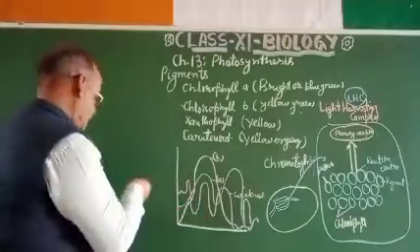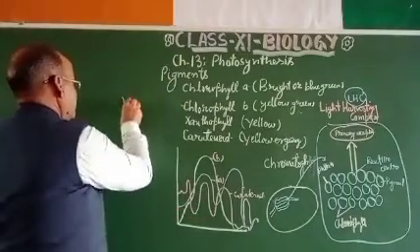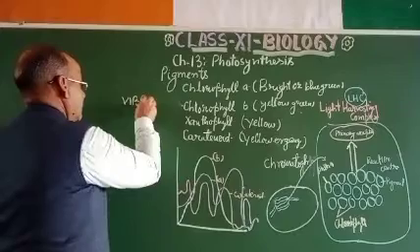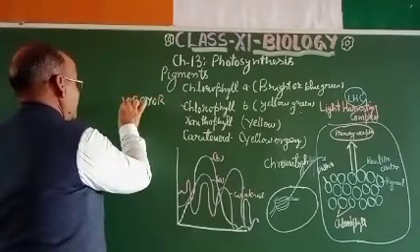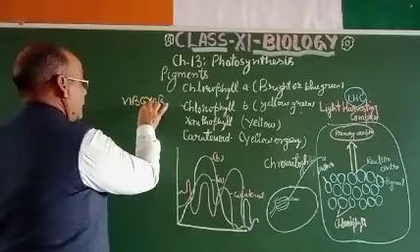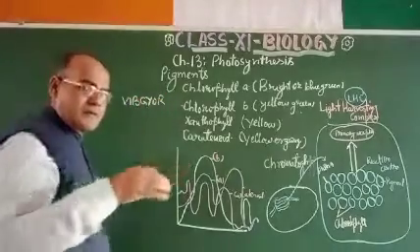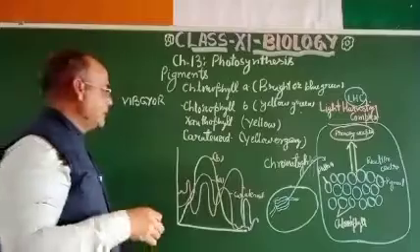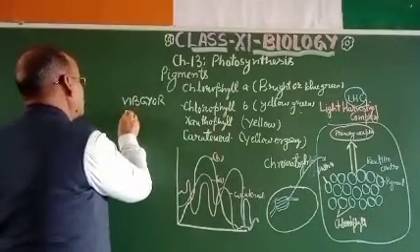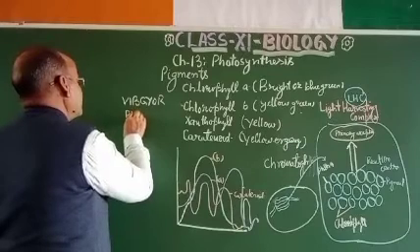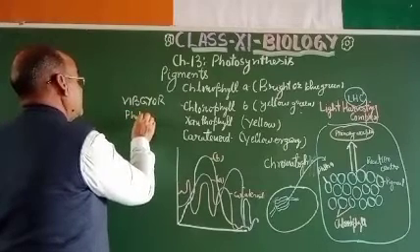Suppose there are VIBGYOR, means violet, indigo, blue, green, yellow, orange, and red. These are the several colors, and this PS system 1, photosynthetic system 1, there are